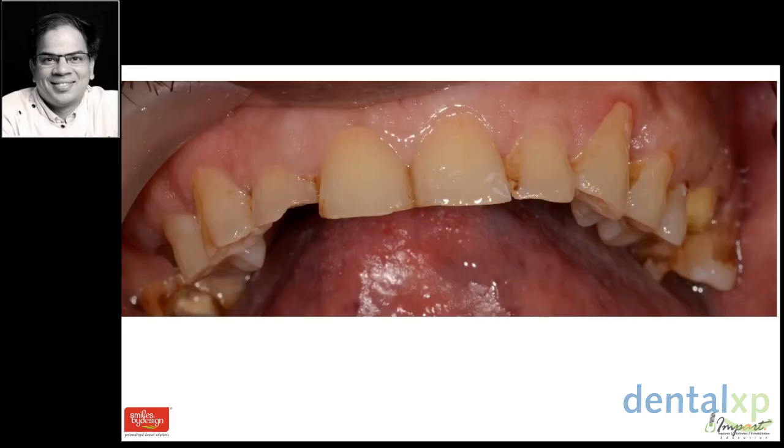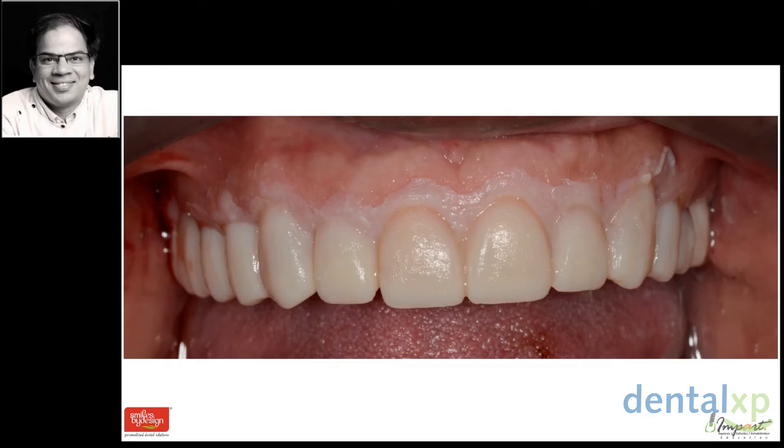My goal here is to put bis-acryl composite on the putty index and carry that putty index in the mouth and come to a stage like this where all the upper provisionals are now completely bonded 360 degrees to all these teeth, and they're not going to easily come off unless I take them off with a burr. So these are not removable provisionals, these are fixed. The patient can go back home with these. He can test drive the aesthetics as well as function and see whether he likes this aspect.